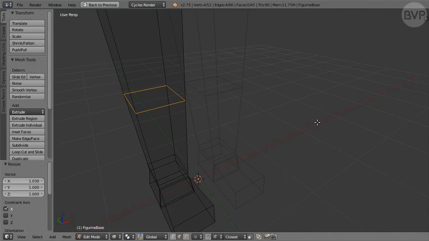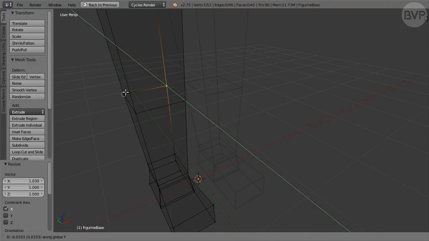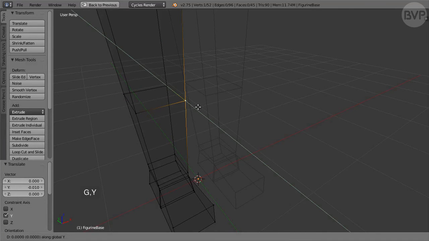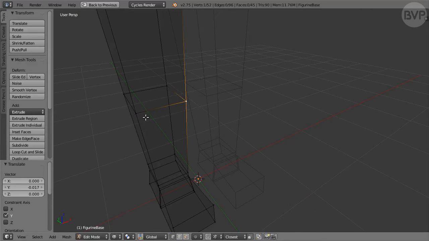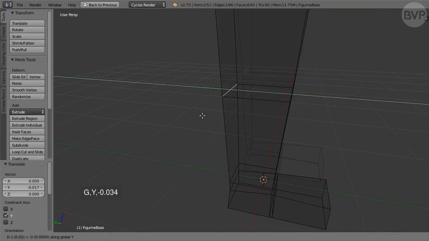Switch to vertex selection and select the central back vertex. Press G followed by Y and with Ctrl key snap to the vertex on the other side. Repeat for the central front vertex, G followed by Y, and hold down Ctrl key to snap to the opposite front vertex. Switch to edge selection, select the back edge of the loop and move it forward with G followed by Y, enter